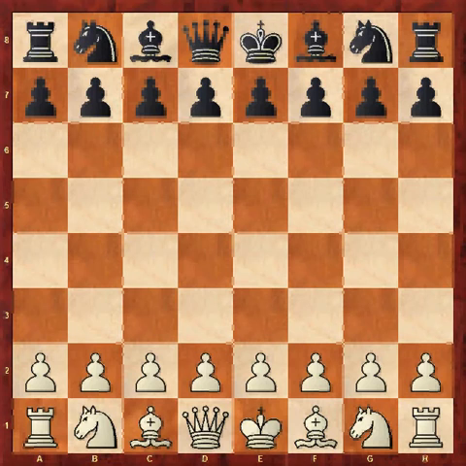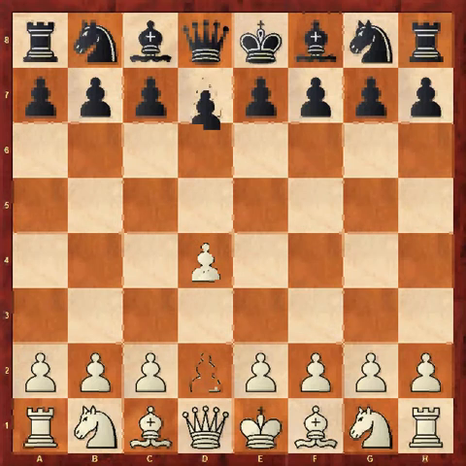Hello everybody, and in this video we're going to be looking at a game played in 1921 between Capablanca, who was white, and Lasker, who was black, played in Havana. And this video is going to be about space advantages and how to effectively play when you have a space advantage. So the game started with d4, d5,